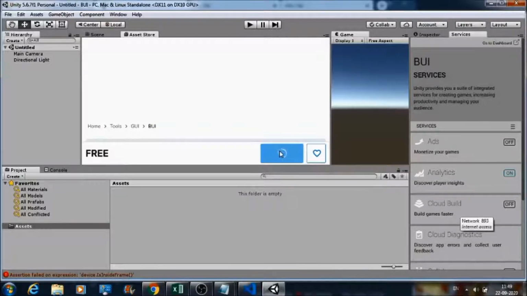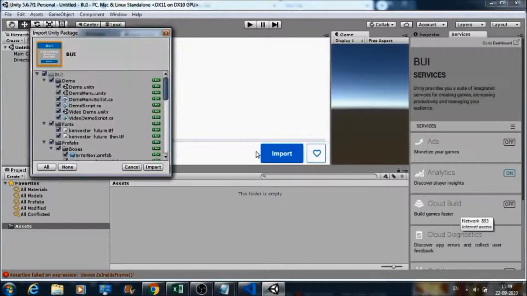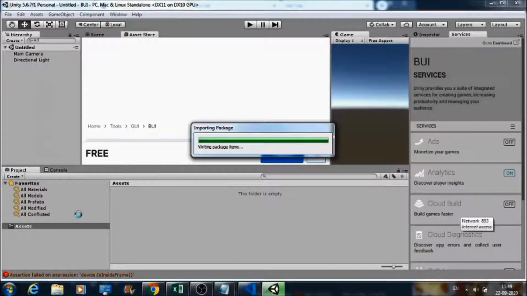So now from here we need to download these BUI plugins, and once everything gets downloaded, automatically we are going to see some folders over here under the assets section.